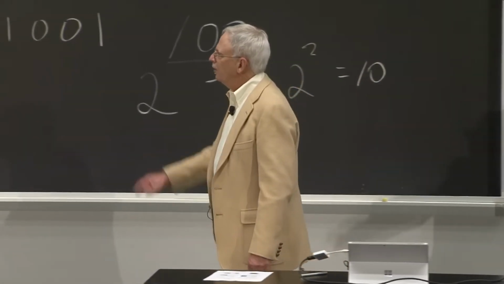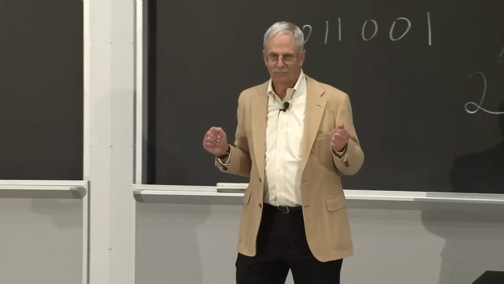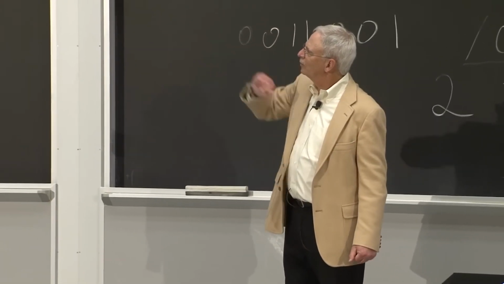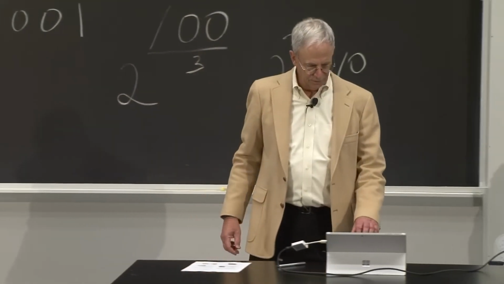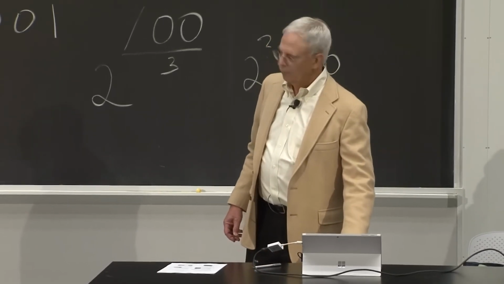So if we go back to here, this x has to be of type food, right? And sure enough, when we use it, it will be. Let's now use it. I should point out that